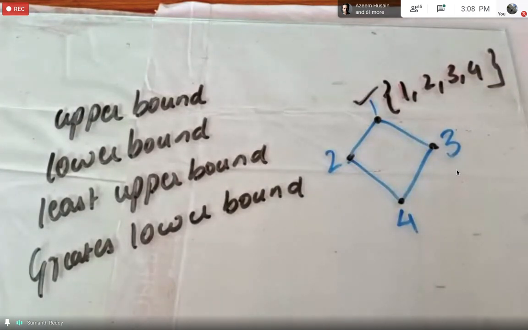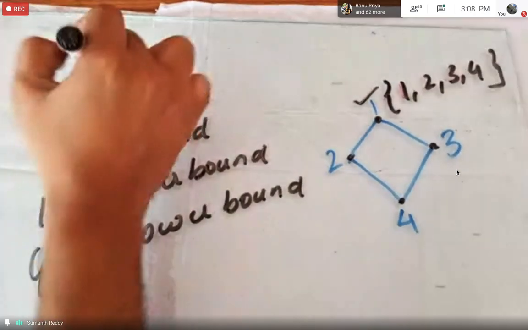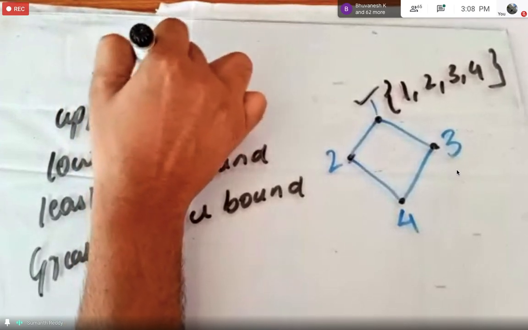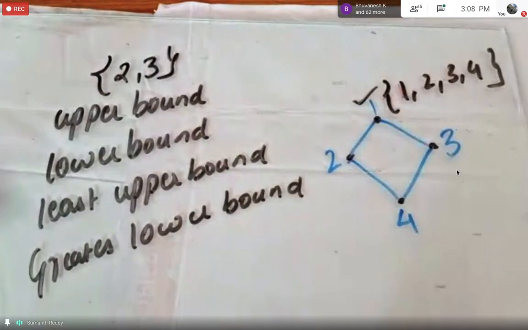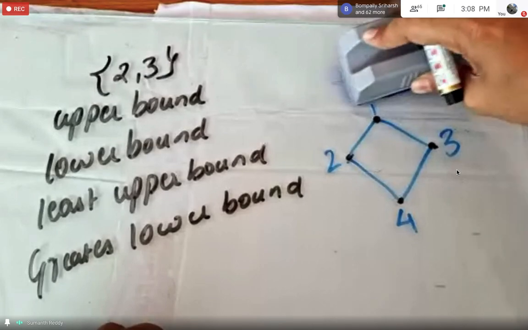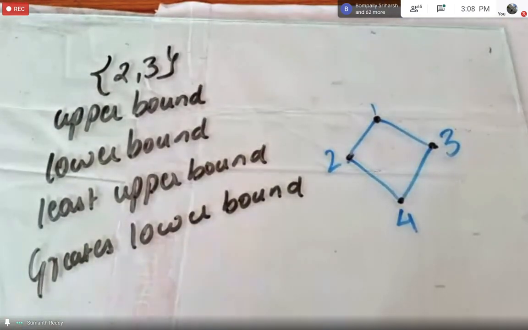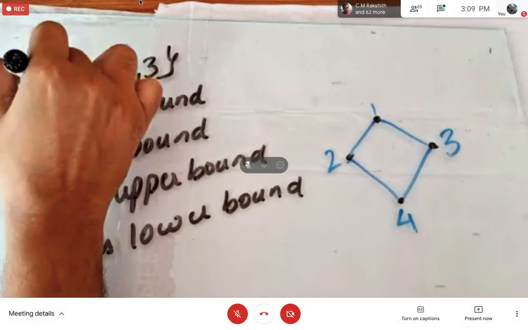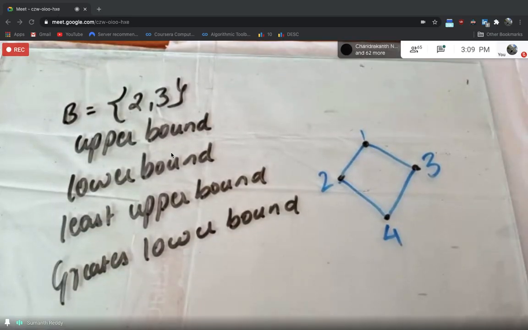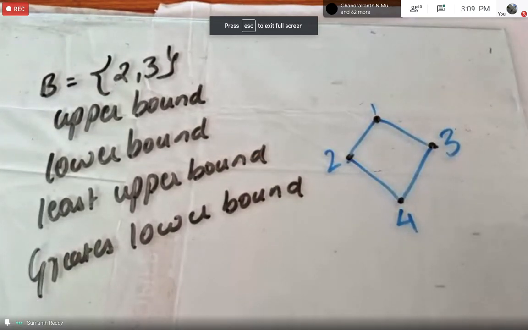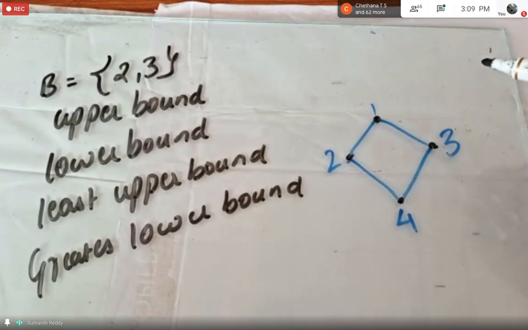But when I'm finding the upper bound and lower bound, I told you that we have to consider just the subset of the elements. Assume that the examiner has given the subset of the elements as 2, 3. Okay, so now I have taken into consideration the subset of the elements 2 and 3. So based on the subset of the elements, let me call the subset as B. Okay, based on the subset of the elements, now I have to find the upper bound. Okay, so if I have to find the upper bound, all the elements that are related to only 2 and 3, those elements will be the upper bound elements.